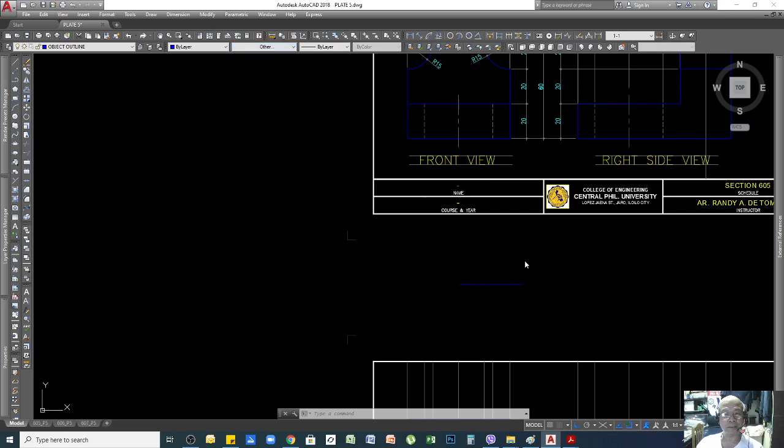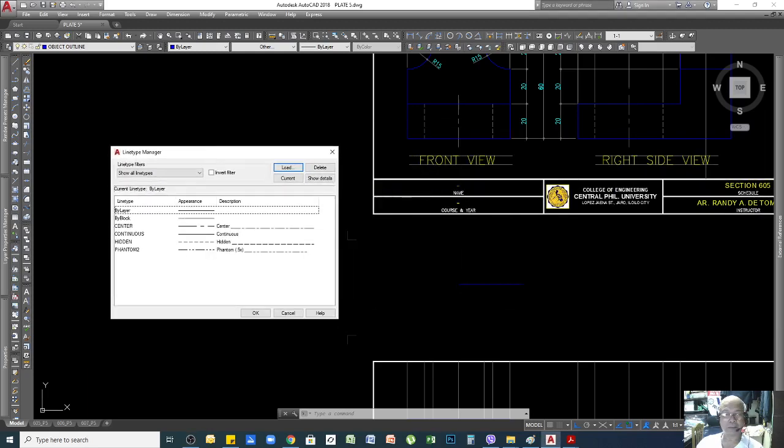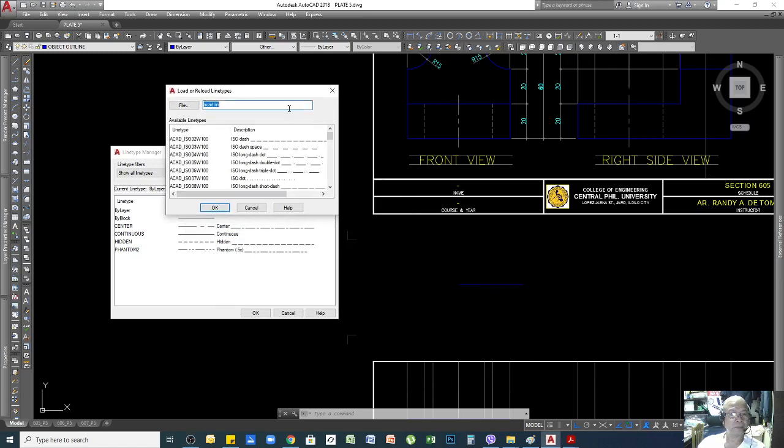go to other, and then a window will pop up on your screen, showing like this, or it looks like that. So all you need to do is, if you cannot see your line here, you can just load. For example, I need to load some other type of line, so I only need to click this load, and then another window will appear like this.